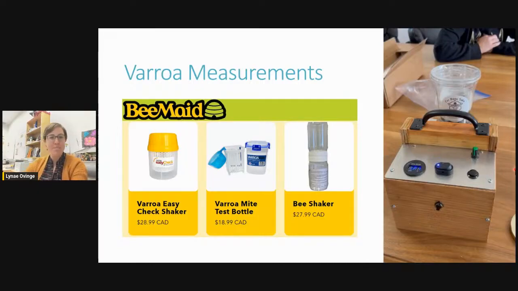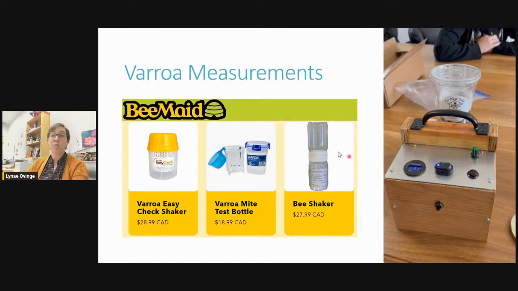into Varroa measurements. So if you're wanting to measure Varroa, this is our old standby. We all got one of these, I would think. It was the first thing we had to monitor Varroa mites easily, right? And it works great for monitoring, it lets you know if you have a problem or not. I don't find it's great for research because the liquid kind of strains through here and the bees sit up here. We get a lot of mites stuck in the bees up here. So your mite counts can be super variable, and you're missing a lot of mites when you use this one.